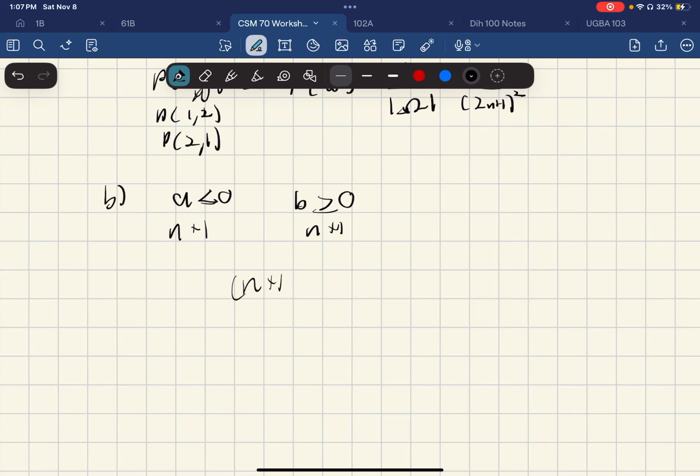If we find the number of combinations just using the first law of probability, that's (n plus 1) squared possible combinations of those values over our sample space, (2n plus 1) squared. And that gives us the probability that max of 0 and A is equal to the